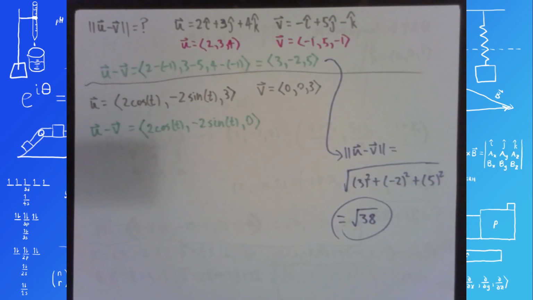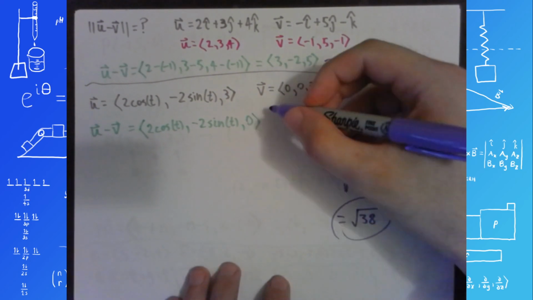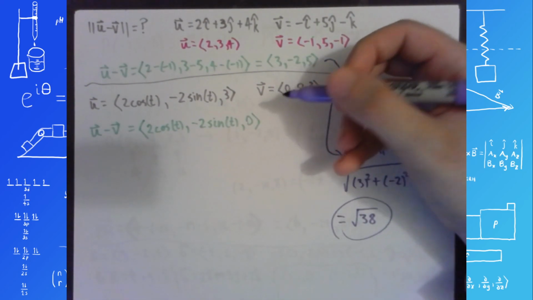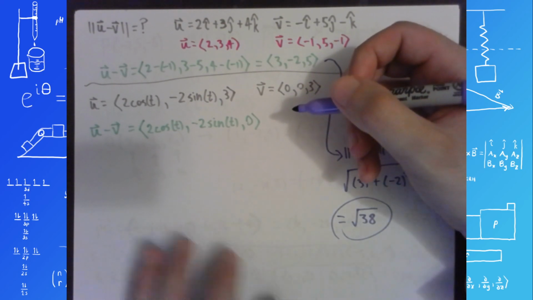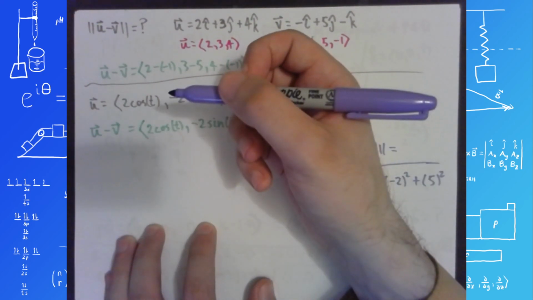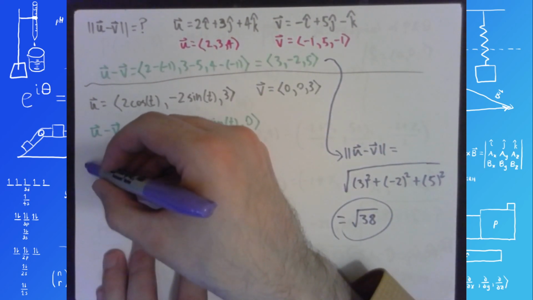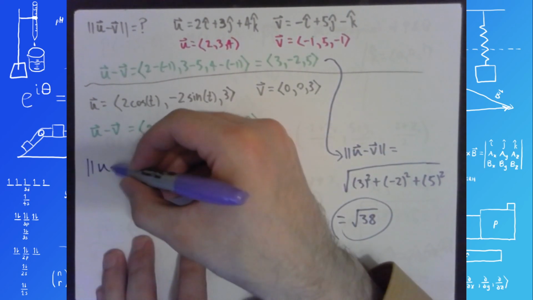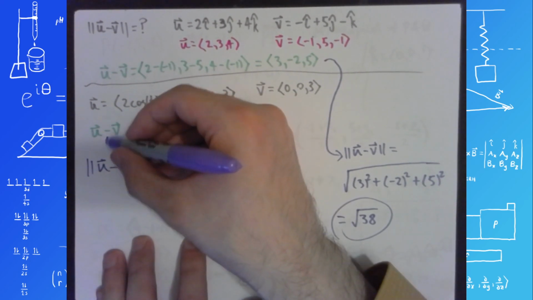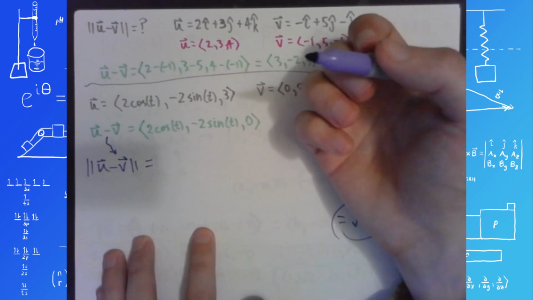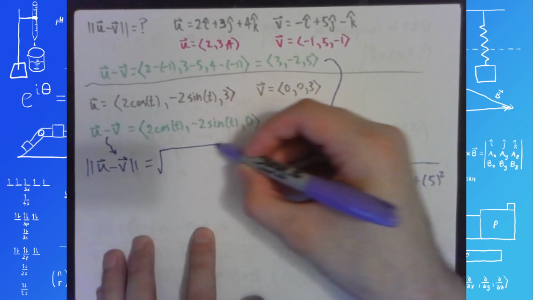This second one might impress those of you who haven't worked with the Pythagorean identity in a while. Although I doubt that's many of you, because if you've been doing calculus 1 and 2, then you've used the Pythagorean identity many, many times by this point. So we're going to have the magnitude of u minus v in this case is just going to be the square root of